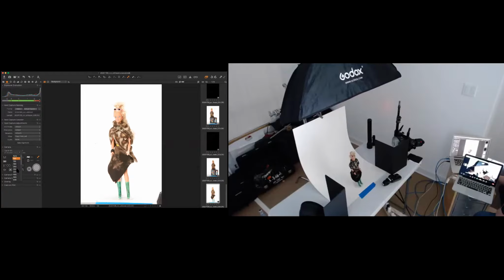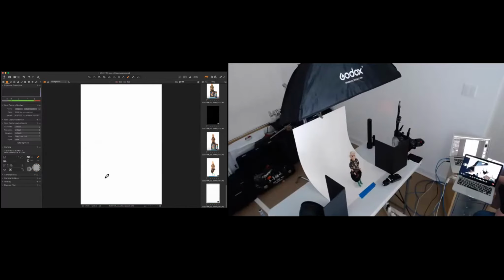200 would be one stop, 400 would be two stops, 800 would be 3, 1600 would be 4, 3200 would be 5 stops, 6400 would be 6 stops, 12800 would be 7 stops. Let's just do 7 stops more light. So she's completely nuked out, but look at my readings on my screen. I'm still only getting 255, even though I'm 7 stops overexposed.